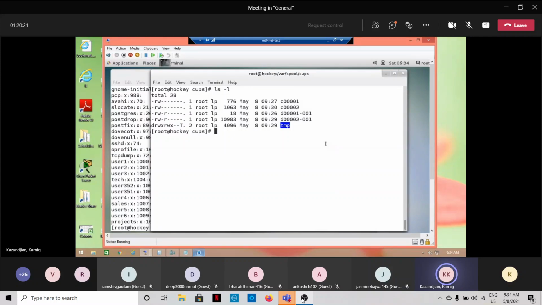Just to help understand better, what if I stop now the caps service? So I'll do systemctl stop cups. And now I'll try again to print the document. If I check again now ls -l,